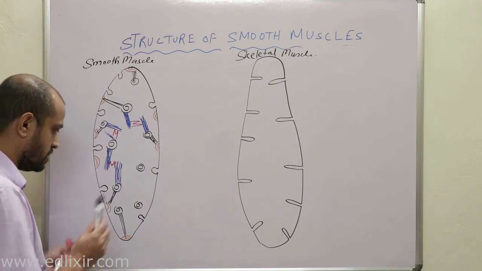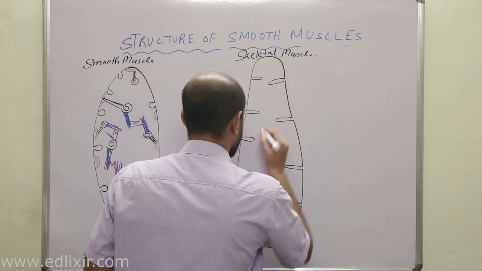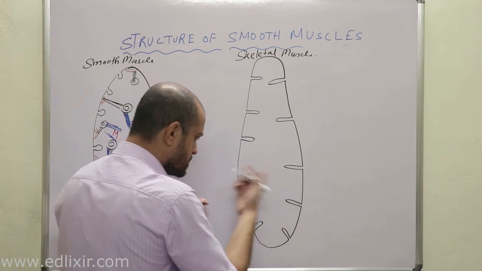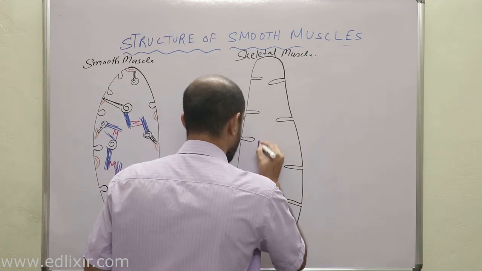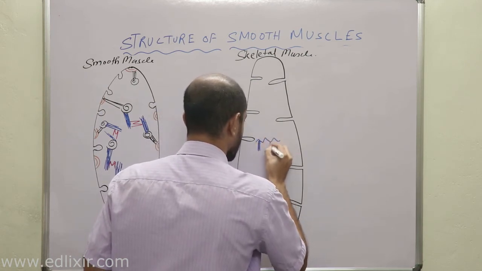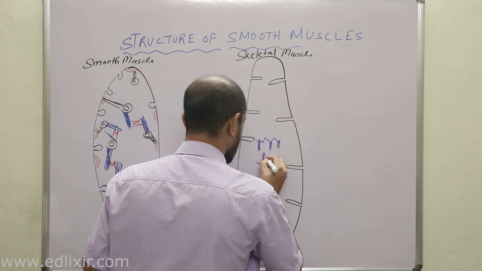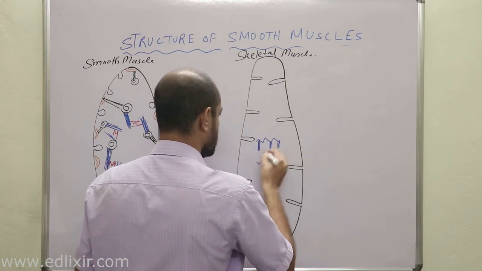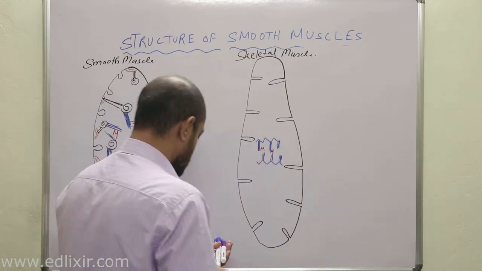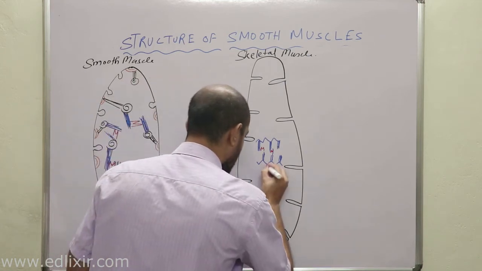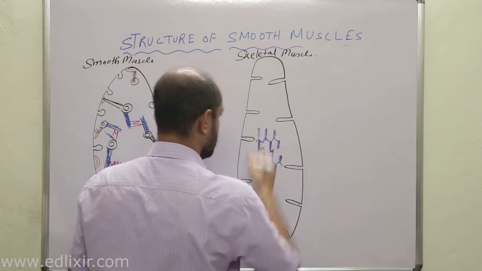Now listen with all your attention. Have you noticed one thing? Now if this is your skeletal muscle, then what we will get? This is your actin. Now listen. These are myosin, right? Clear? And this is again actin. Now listen with all your attention. So these units are repetitive in your